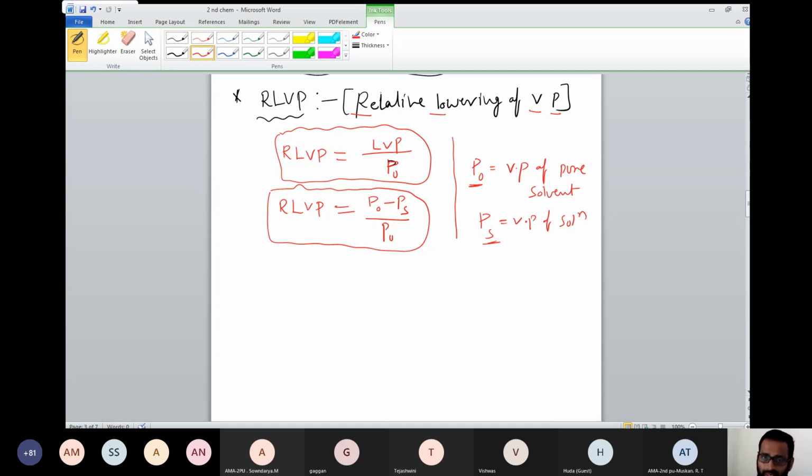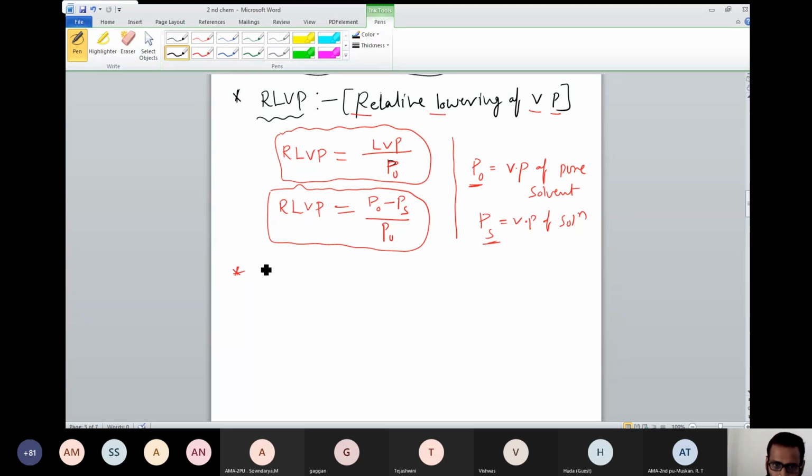So who is the reference for us? The vapor pressure of a pure solvent is the reference. So RLVP is nothing but LVP by P naught, lowering of vapor pressure to the P naught. Got it, everyone? So this is about relative lowering of vapor pressure, the most important. So next we have,